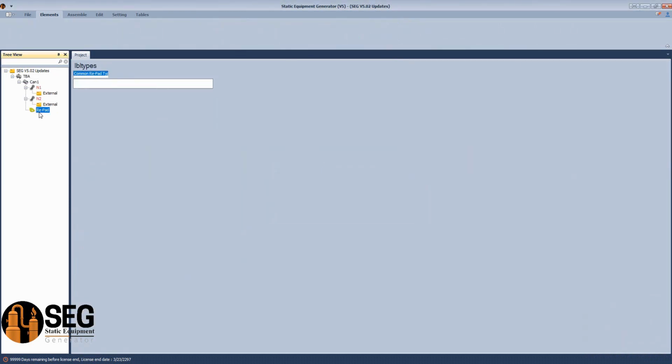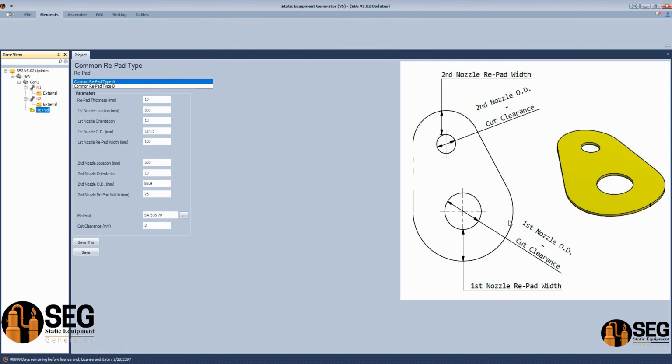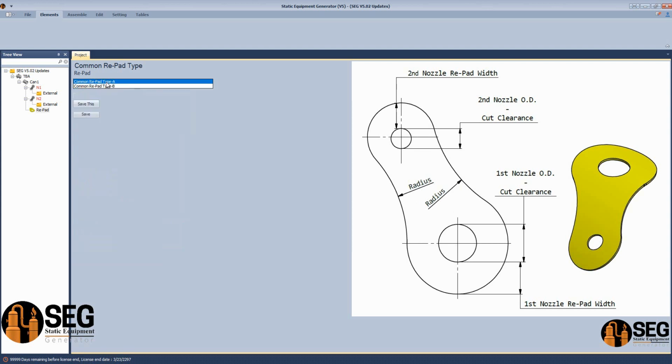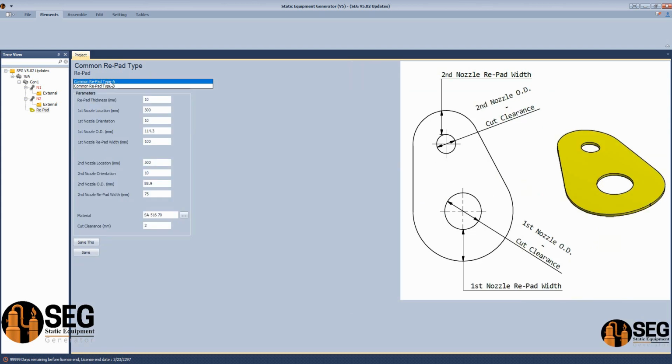And from here, when you select it, you will find two different types. As you can figure, for the first type, the edge here is a straight edge, but on the second type, you can make it with a fillet or a radius between the two center lines. Now let's select the first type of the reinforced bed and define the rebed thickness, the first nozzle location, and